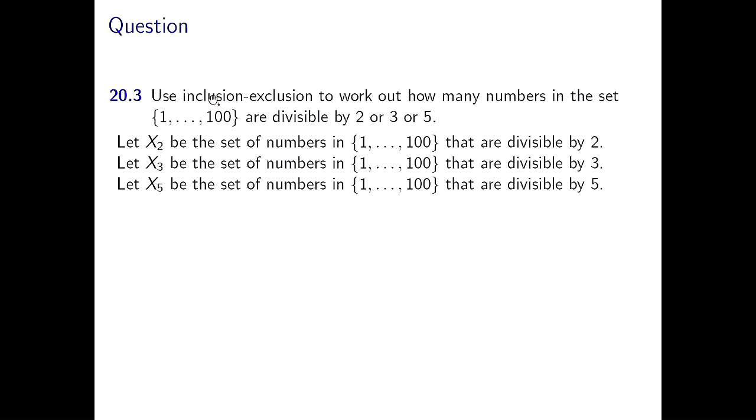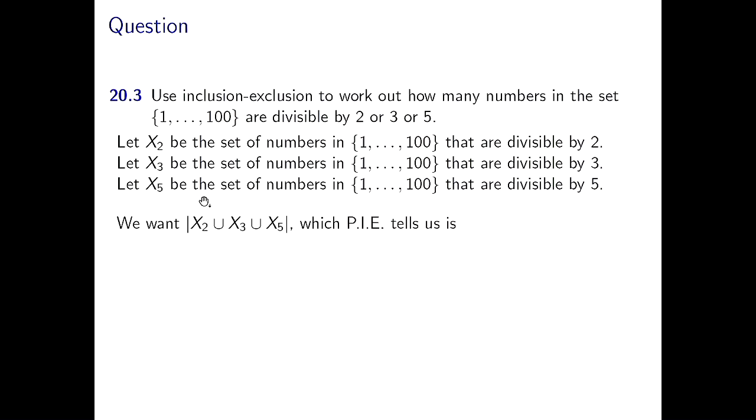Okay, so this is one final example of using inclusion-exclusion to count something that is not obvious how to count, right? So if someone asks you how many numbers between 1 and 100 are divisible by 2 or 3 or 5, it sort of seems like that's something where you just want to write a computer program and ask it. Or just write down a big old list of numbers and tick off the ones, right? It sort of seems like a pain. But it turns out you can do it in a reasonably non-painful way using inclusion-exclusion.